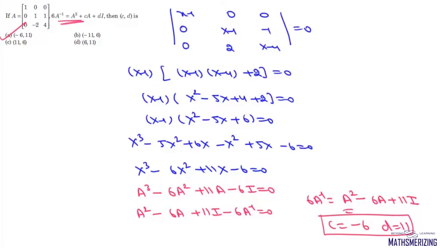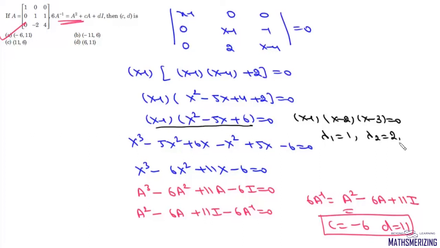Now if we extend this question a little further, we can find its eigenvalues. So here we have this equation, we can write x minus 1 and we can factorize this also. So it will be x minus 2, x minus 3 equals 0. So the three eigenvalues for this matrix are 1, 2 and 3. Now we'll find the sum of eigenvalues. It will be 1 plus 2 plus 3, which is 6, which is equal to trace of this matrix A, and we'll multiply them, lambda 1 into lambda 2 into lambda 3. So this value is 6 and it will be determinant of this matrix A.